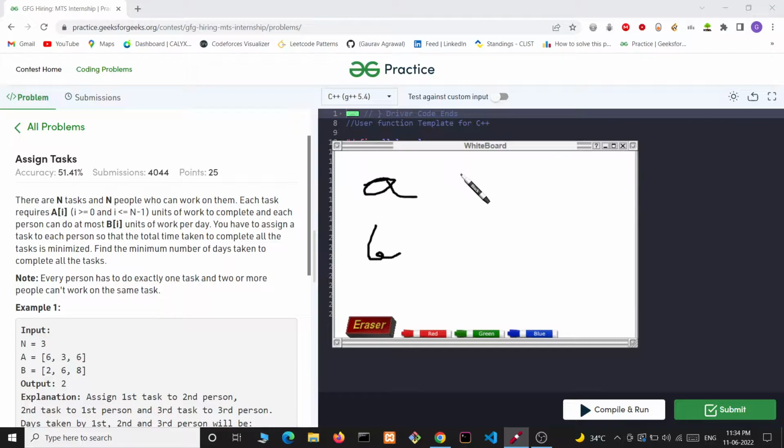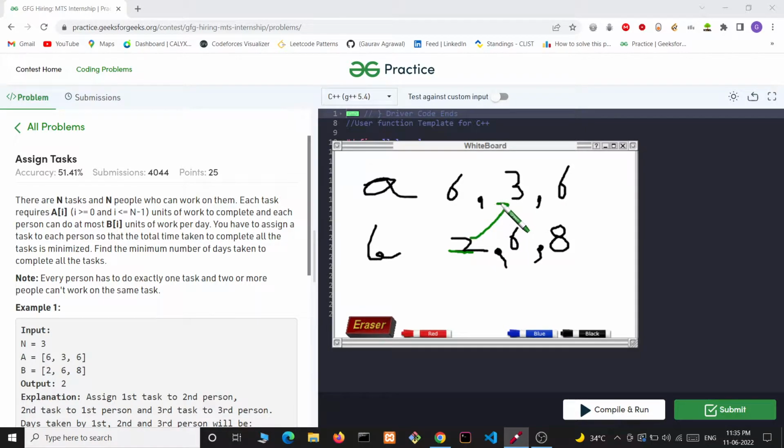Let's see example 1. In example 1, array A is 6, 3, 6, and array B is 2, 6, and 8. Now since we have to minimize the number of days, what we can do is take the person having the least capacity and assign a task which needs the least amount of work.